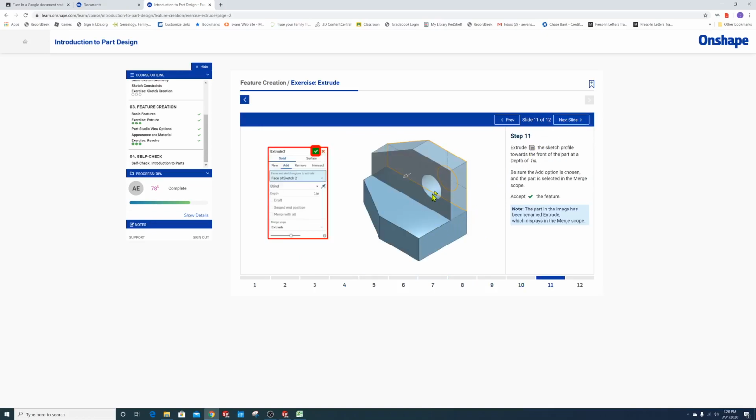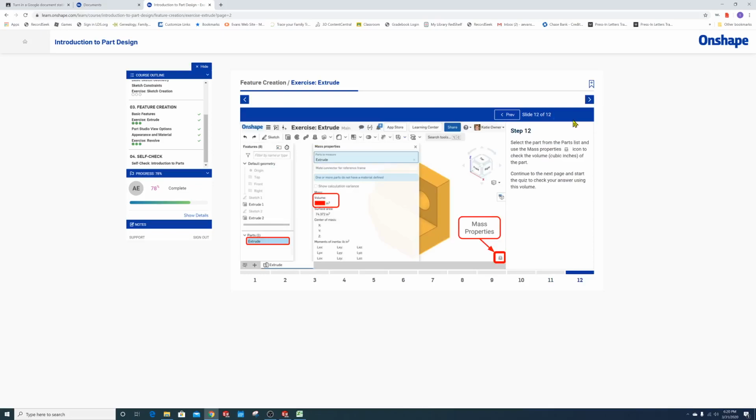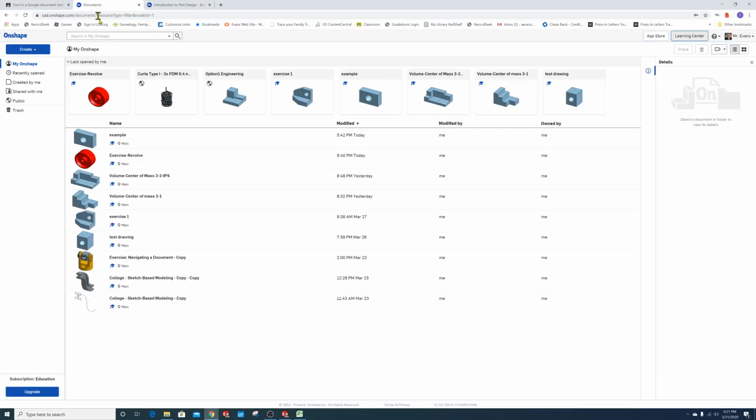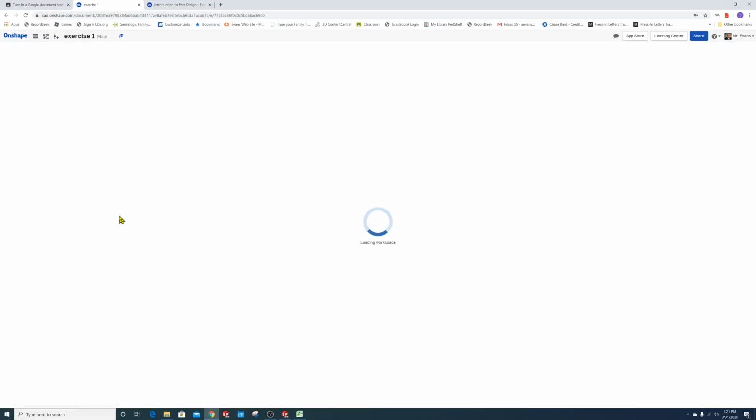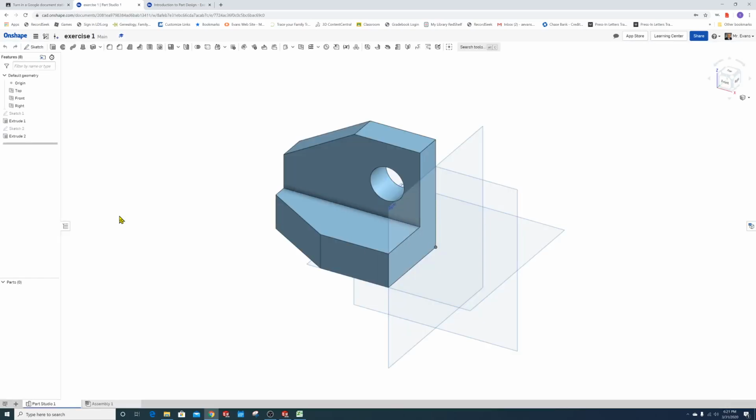and when you get to the end, you're going to have it drawn. And what you're going to do, when it gets to 12, it says select the part from the parts list, use the mass properties icon to check the volume. You guys already know that we check mass properties in SolidWorks, but you're going to do the same thing in Onshape. And notice that the answer is actually blocked out because they want to see what your answer is. So let me go back here, and I'm going to click that part. Actually, I'll click it here and open it up. And I've got it done,